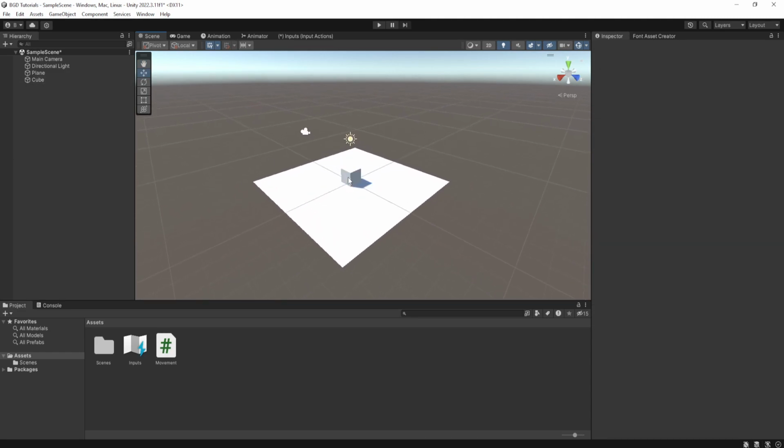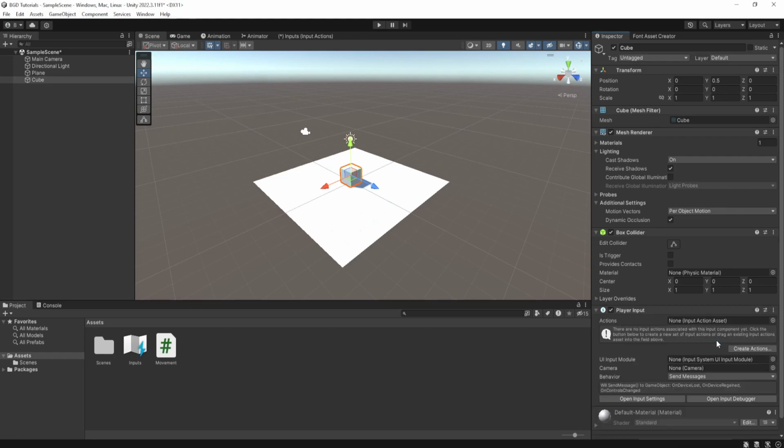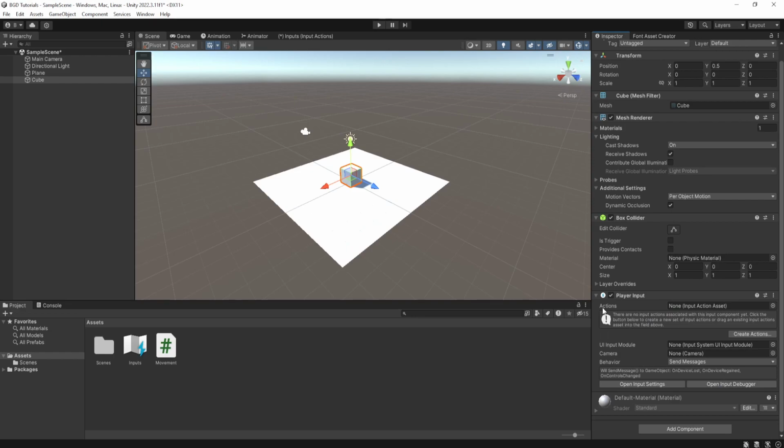So yeah, what I'll do, I'll go to this cube, which is going to be the player, and what I can do is add a player input. And as you see here, it has an action slot on it. So this player input is basically, as the name sort of implies, what you can use to call inputs. And as you see here, it wants the input actions. So what I could do, I could drag this one in here, fill the slot,